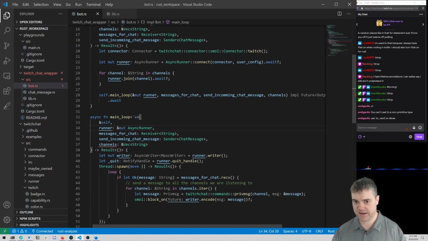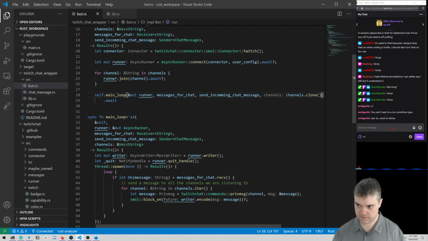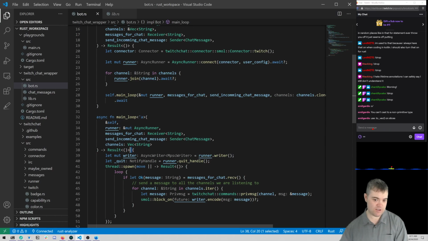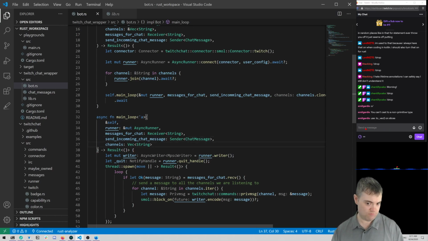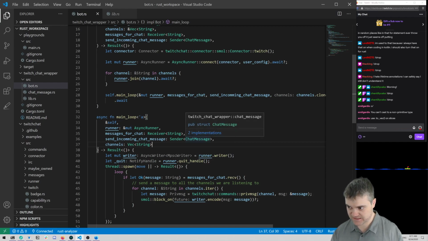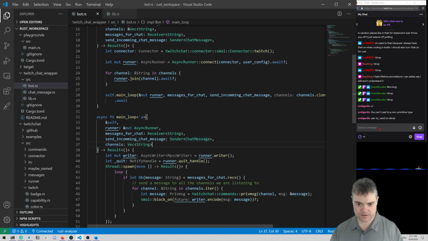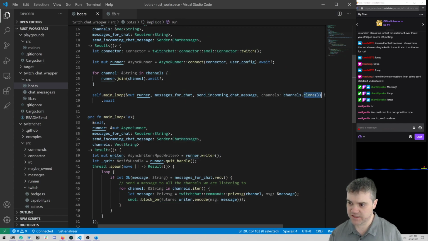Okay, now still a lifetime problem because I'm using this channels down here, but I wonder now if I can clone it. Which would allow me to take ownership of it because it's a full thing. And now I own it. So it's maybe using a little bit of extra memory, except I shouldn't be having too many channels. Use to_vec on slices. Really? I could do that instead of clone? Let's try it.